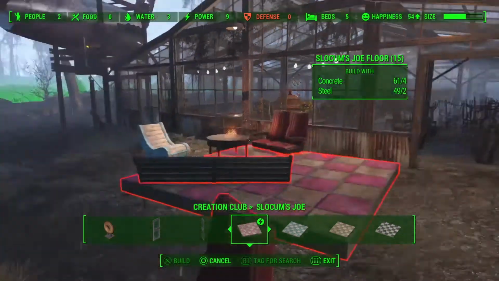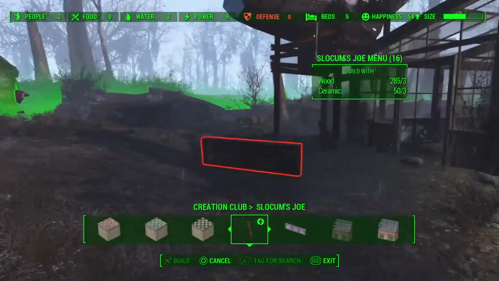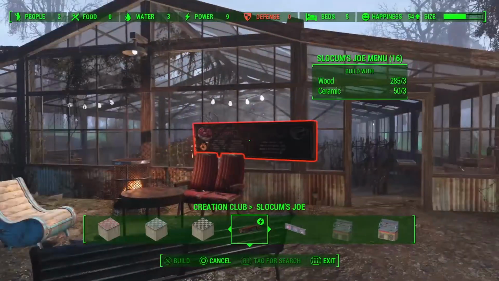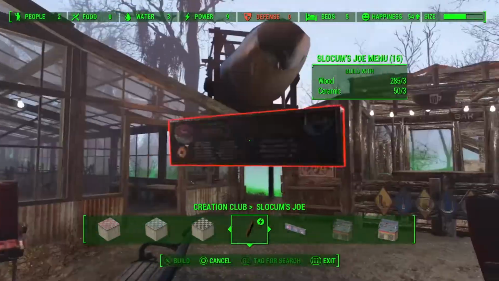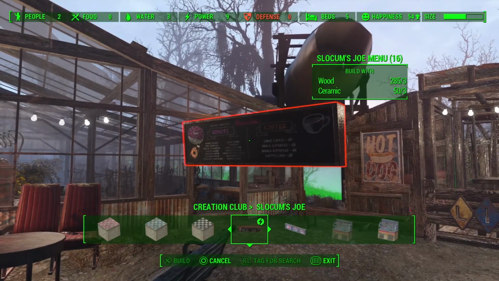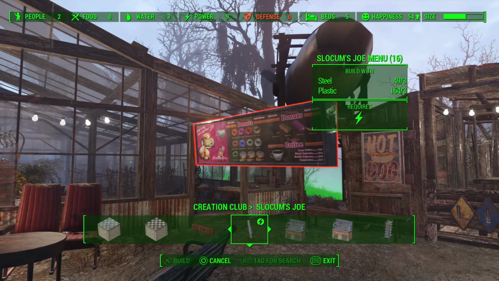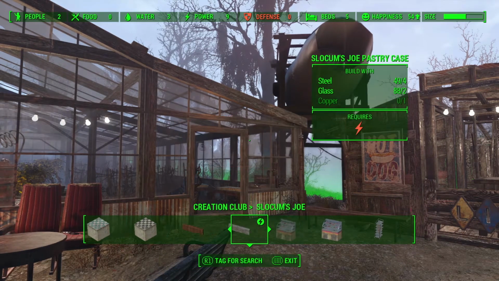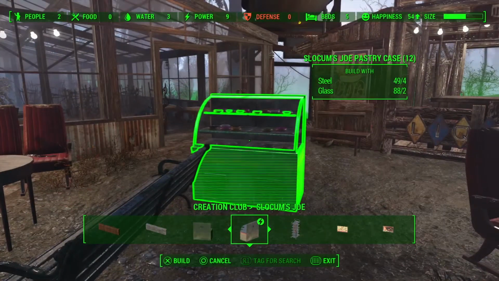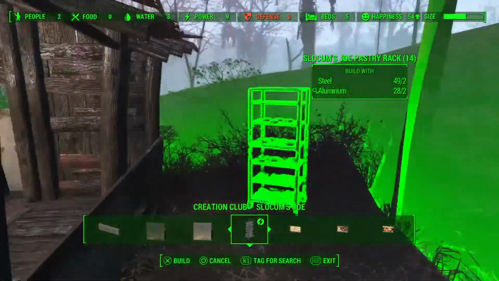Slocum Joe's door, floors, so you can essentially build it from scratch. You get this, find a wall that you can put that on. You can see, can't you, it's a board with all the prices and the menu on a menu board, a fancier menu board. You get a pastry case, another one that's slightly damaged. You get a rack of pastries, which